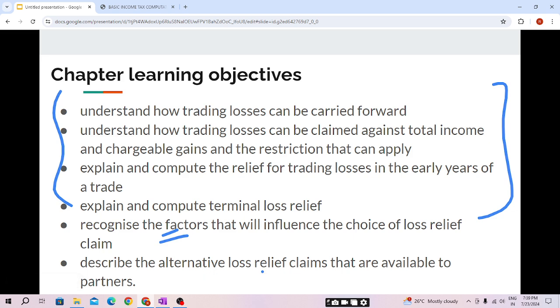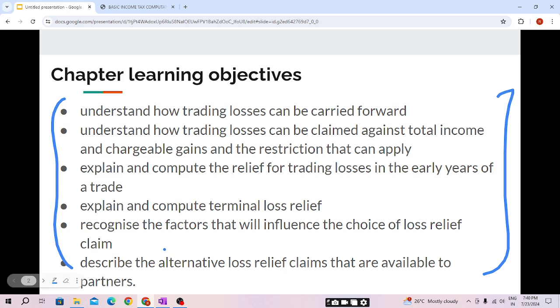Describe the alternative loss relief claims that are available to partners. So what are the loss reliefs which are available to the partners? These 6 topics we will be covering under chapter number 10. So now students, moving to our next slide,